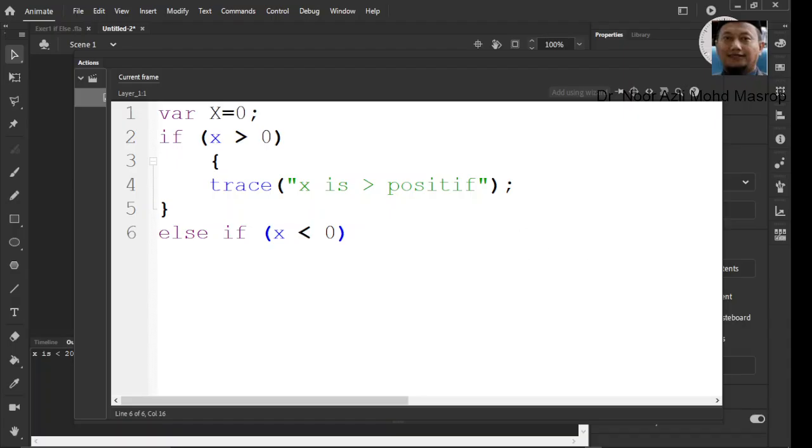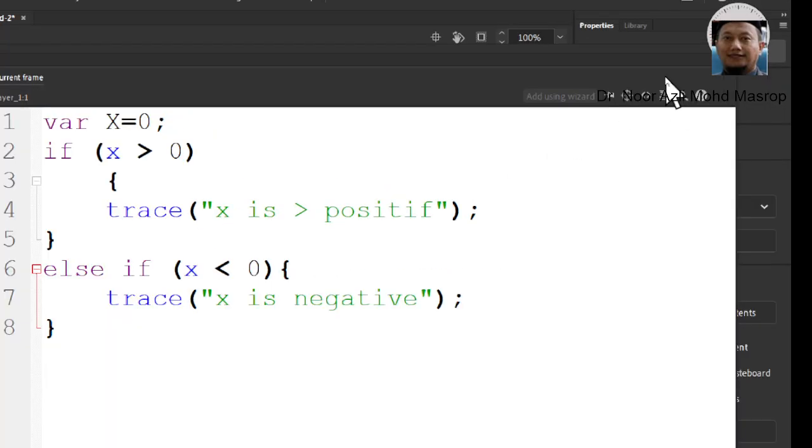We check whether x is less than 0. So if x is less than 0, we will display the message x is negative. Okay?